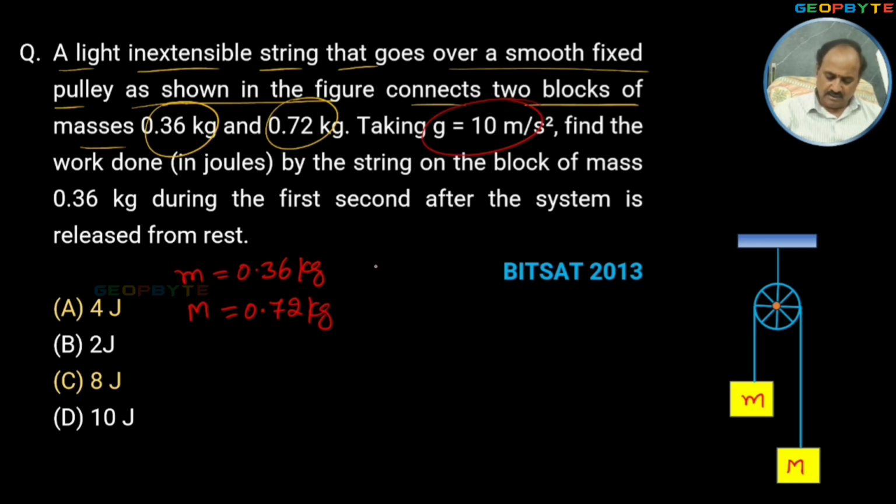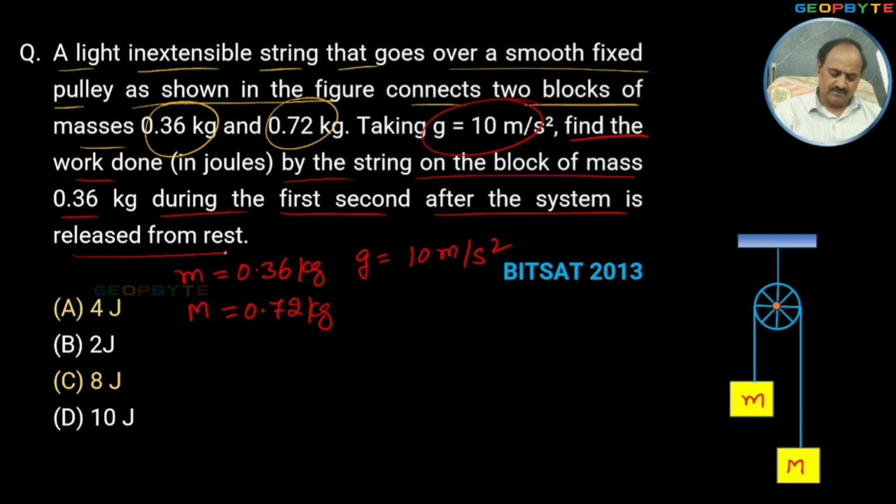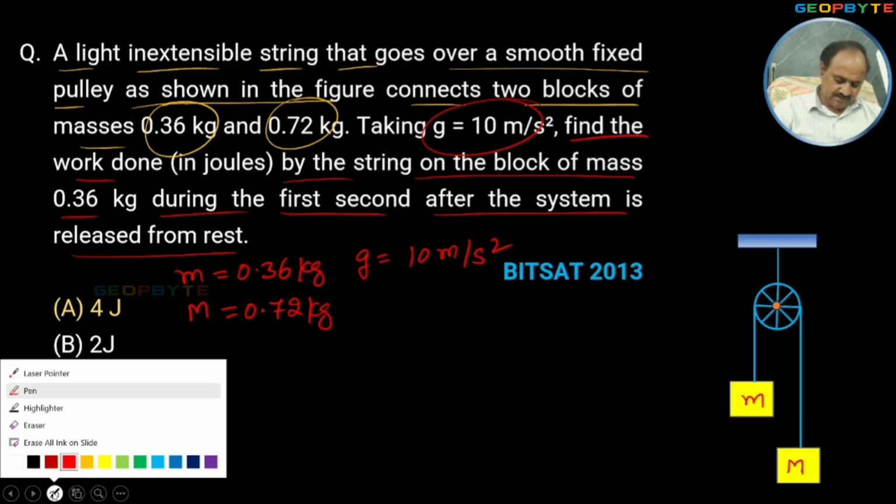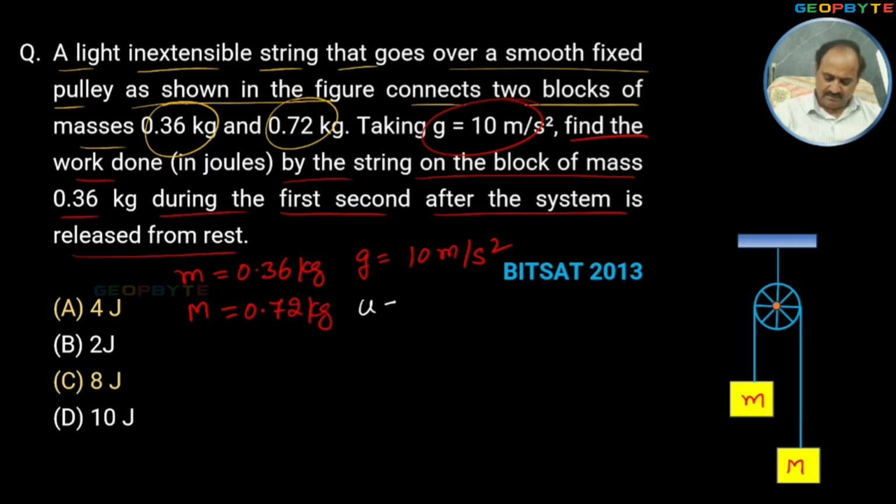Given acceleration due to gravity 10 meter per second square, find the work done in joules by the string on the block of mass 0.36 kg during the first second after the system is released from rest. After the system is released from rest means initial velocity u equal to 0, time t equal to 1 second. Here, work done by the string